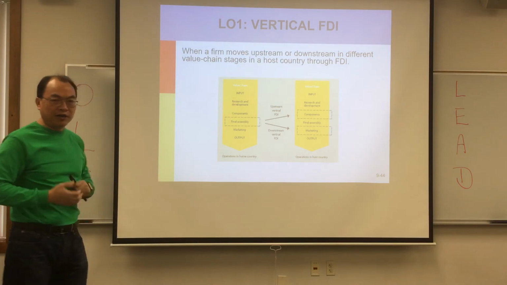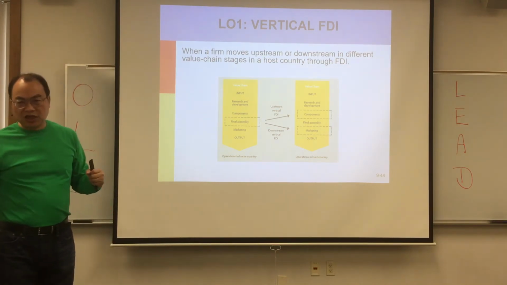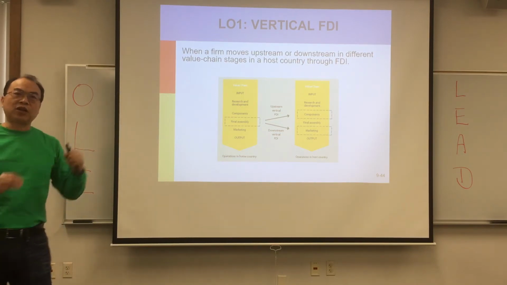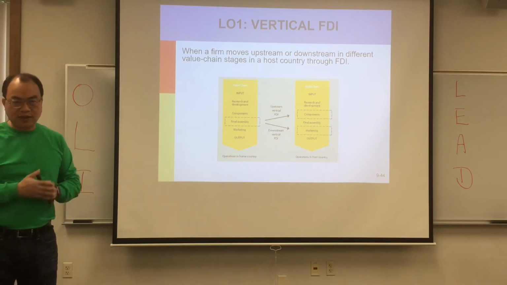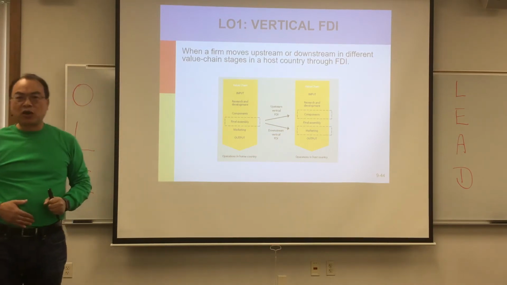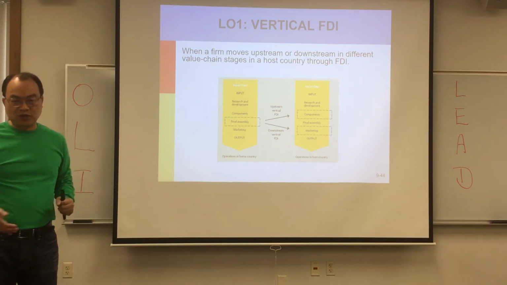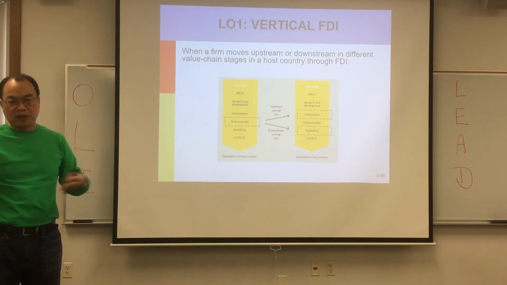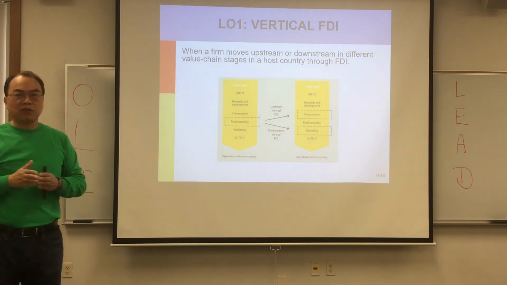Upstream means your suppliers. So what does that mean? Suppose you're an oil company like Chevron. You want to buy the oil field, control the crude oil, control the process, the refinery. That's upstream. So what is downstream then? Downstream could be the gas station. We know Chevron owns a lot of gas stations, even under different names sometimes. So that's called vertical integration.